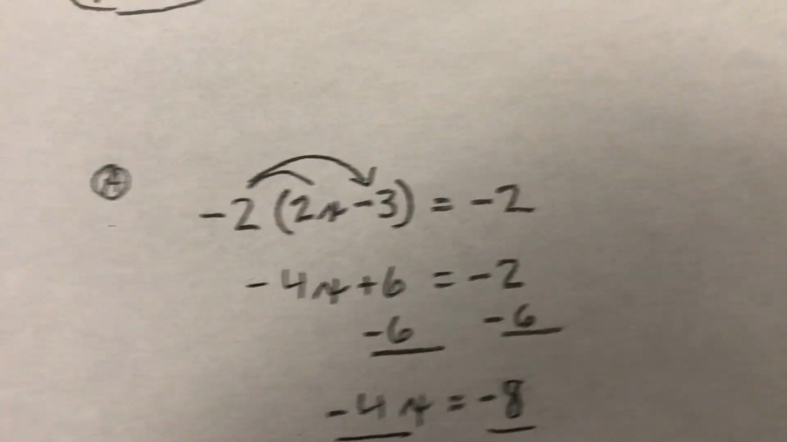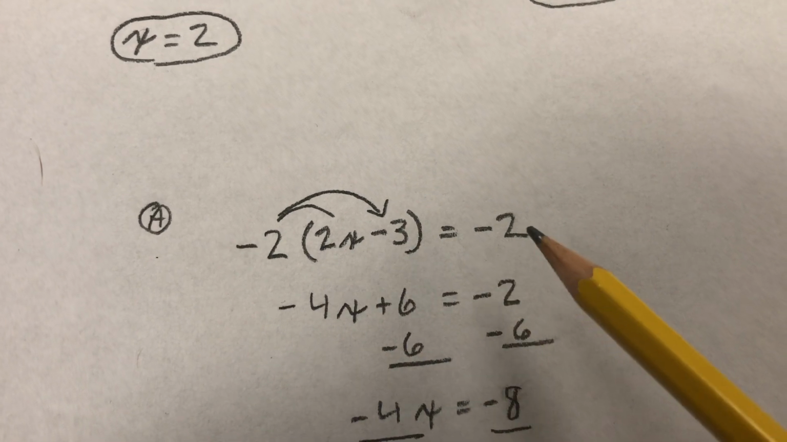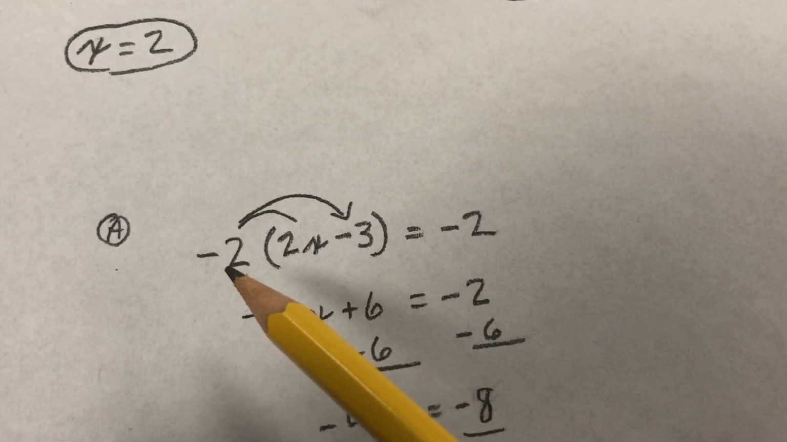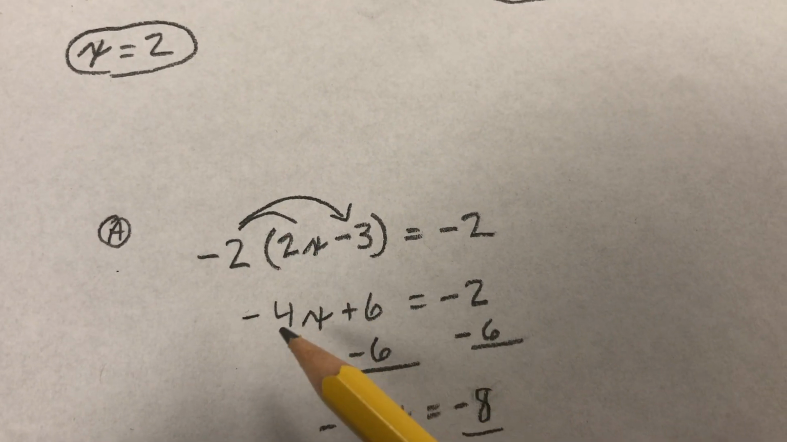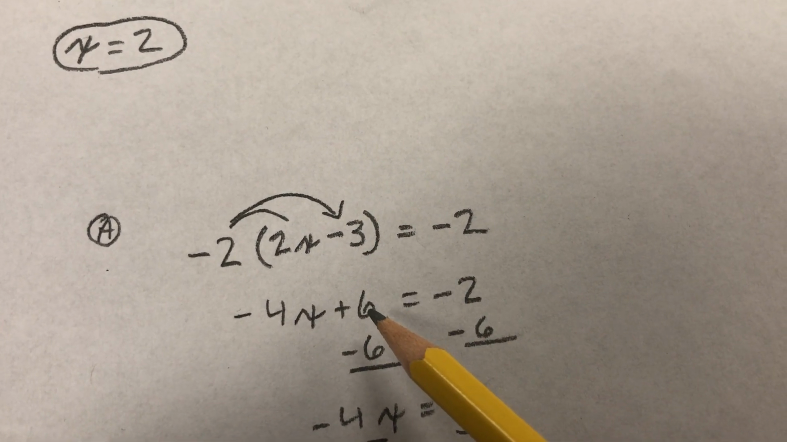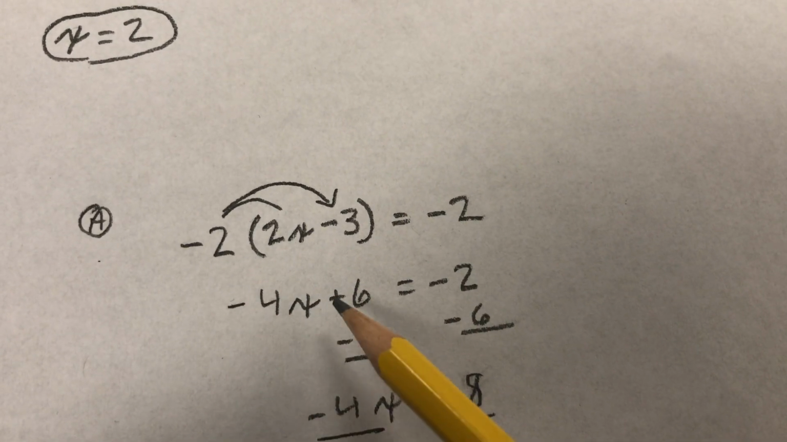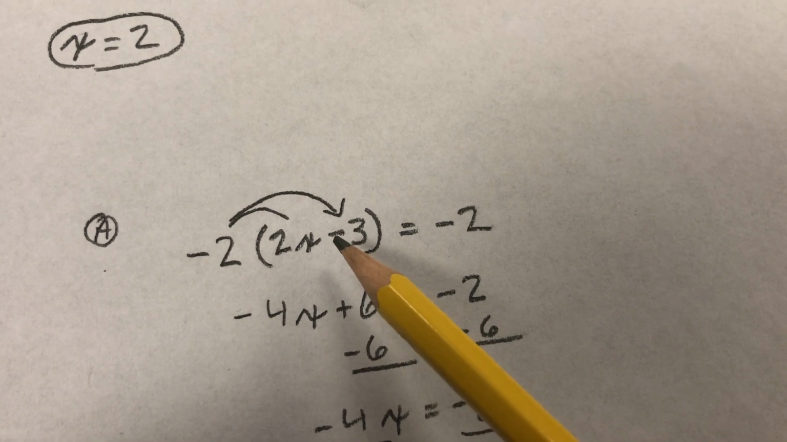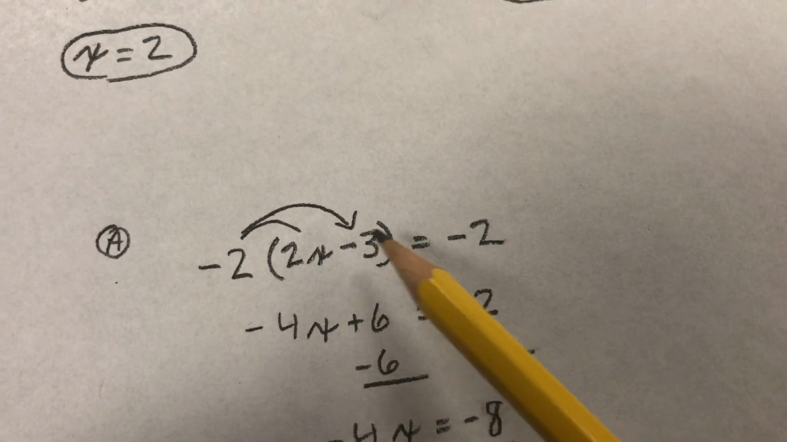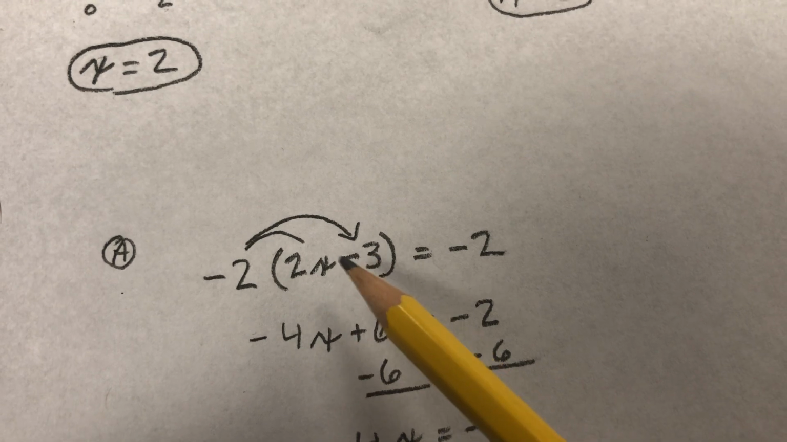And this is what the equation looks like right here. So there it is. -2 times (2x minus 3) equals -2. I'm starting by using the distributive property this time. -2 times 2x is -4x, and -2 times -3 is +6. So we've turned this whole thing into -4x plus 6. Notice that that is a minus sign, a subtraction sign, which also serves as a negative sign here,